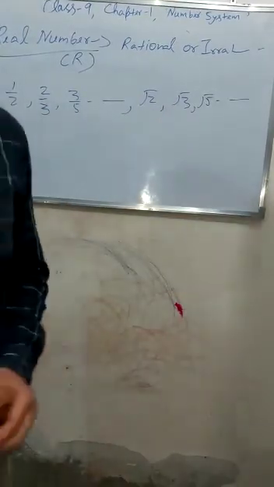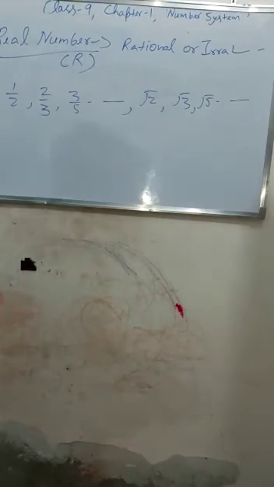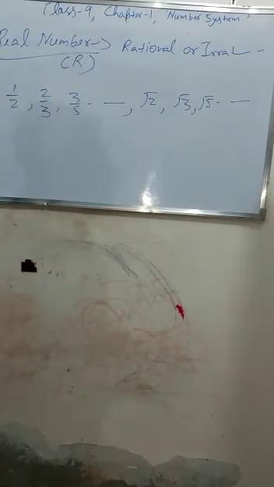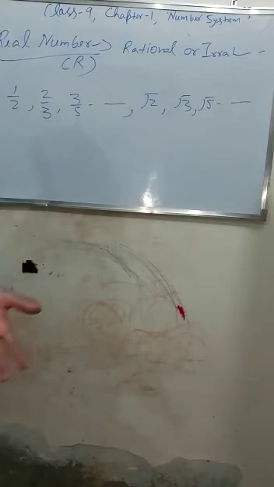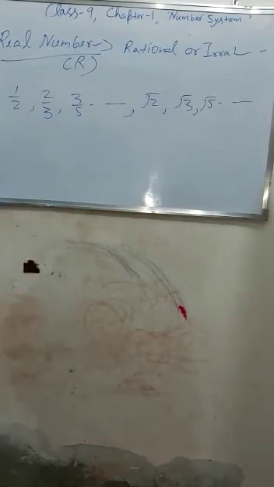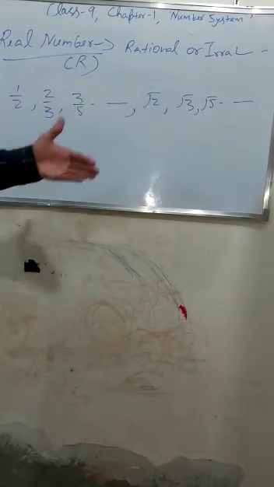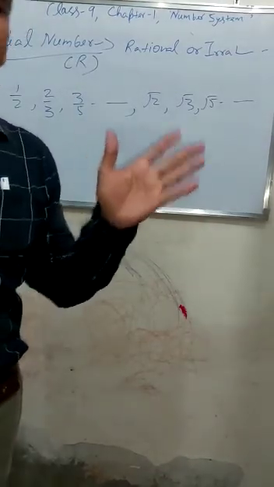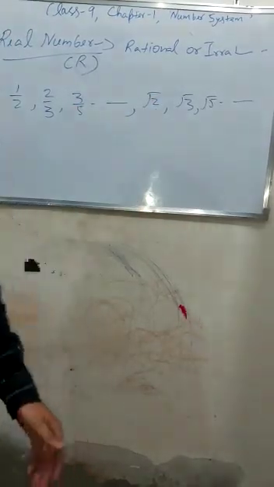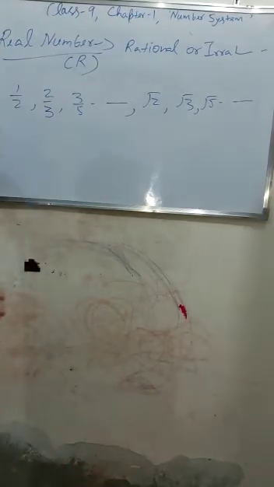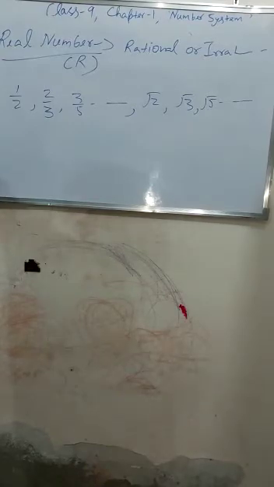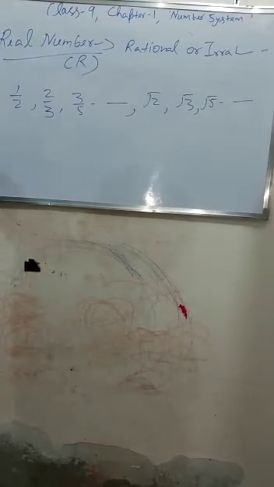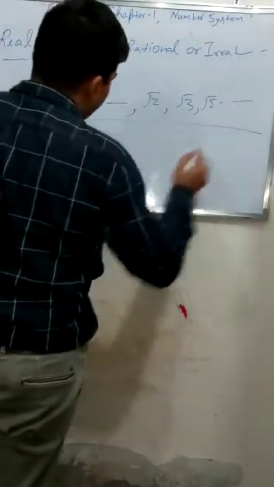Okay, but now my question is: suppose a number is given and we don't know whether it is rational or irrational, then how can we identify it? Till today you have studied that every number is a real number, but in further classes, or for competitive exams, there is one more number, the complex or imaginary number. So if a number is given to you, how can you identify whether it is real or not?